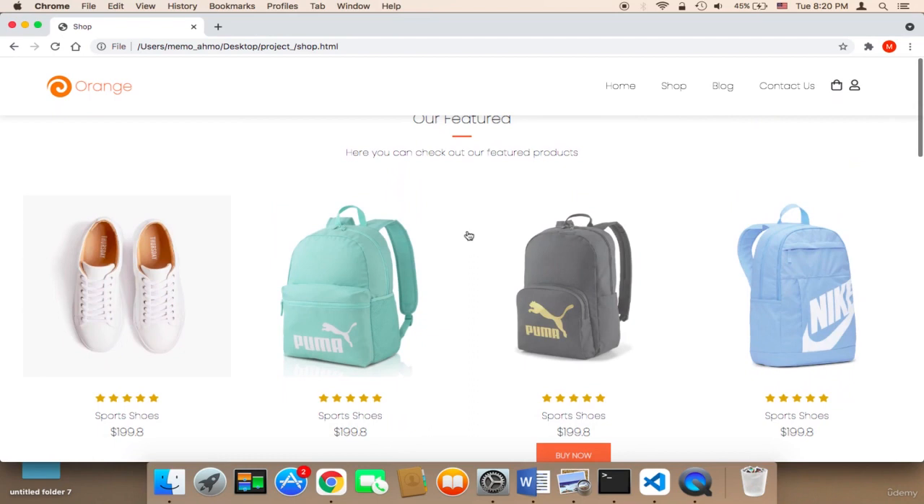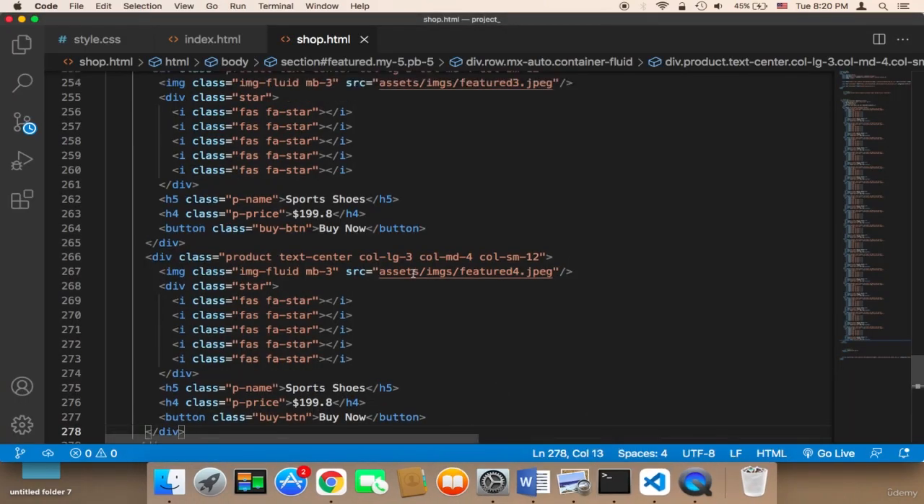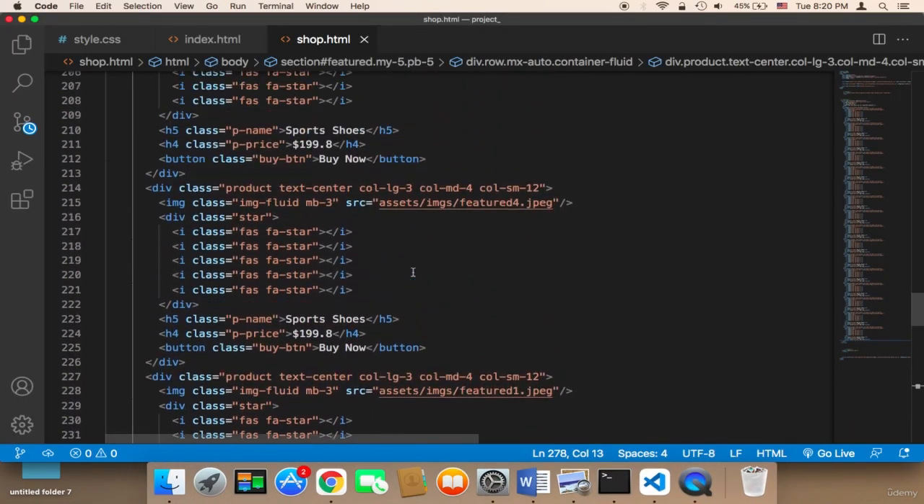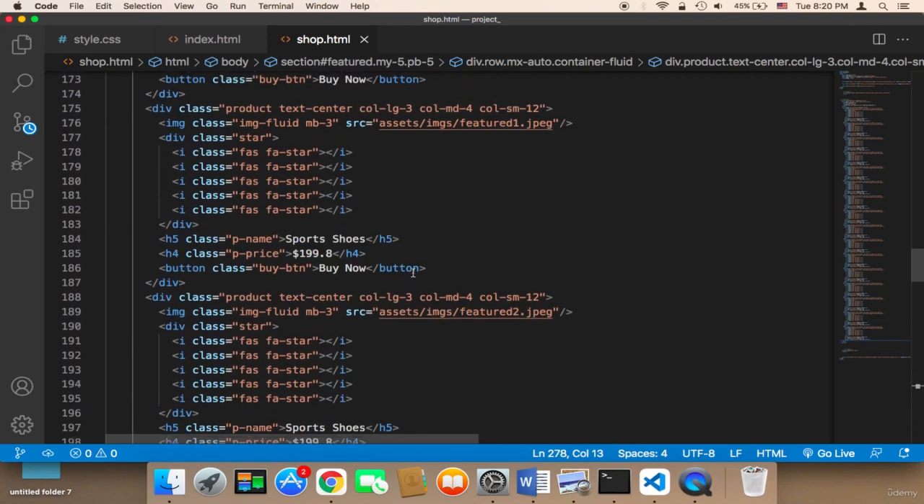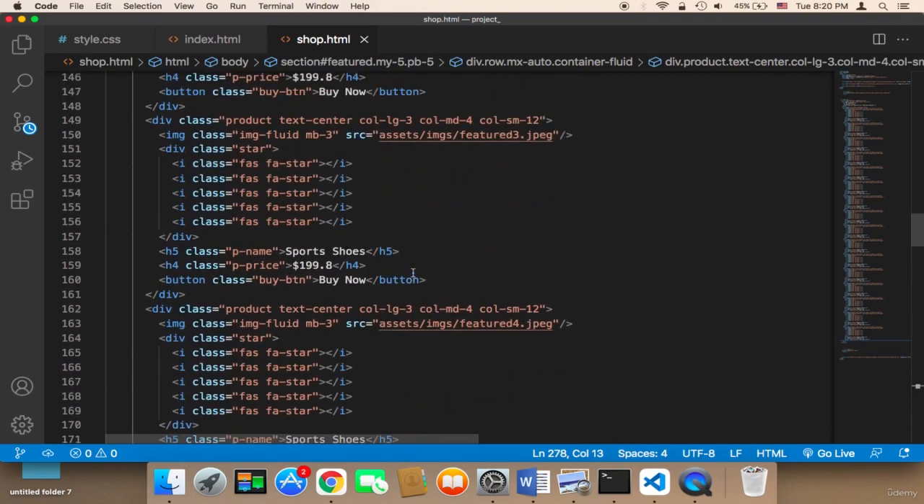But we need to work first on the design. As you can see here, we have a problem with the design. The starting area of the products is behind the navigation bar. So we need to push this in order to be displayed below the navigation bar, not behind it. And to do this, we can here increase the margin